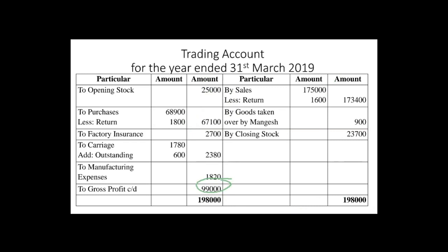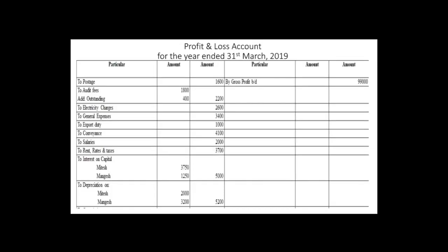Okay, now this gross profit, you are going to record this gross profit on which side? क्योंकि ये debit में बचा है, then the second effect you record it on the credit side. कहाँ पे record करोगे आप? Profit and loss account के credit side में. If you see over here, gross profit 99,000. Now nothing is there over here, कुछ यहाँ पे नहीं है, right?